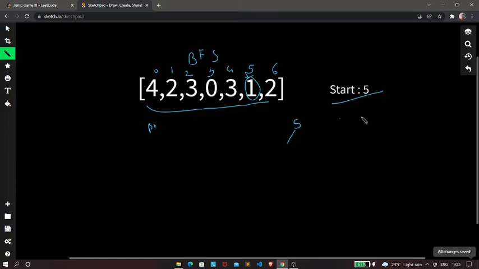So we're currently at 5, right? Now from index 5 we can either go to index 5 plus 1, right? Okay, or to index 5 minus 1. So that is we can either go to index 4 or we can go to index 6, right? So those are the two indexes that we can go to, right? Now from 4, right,